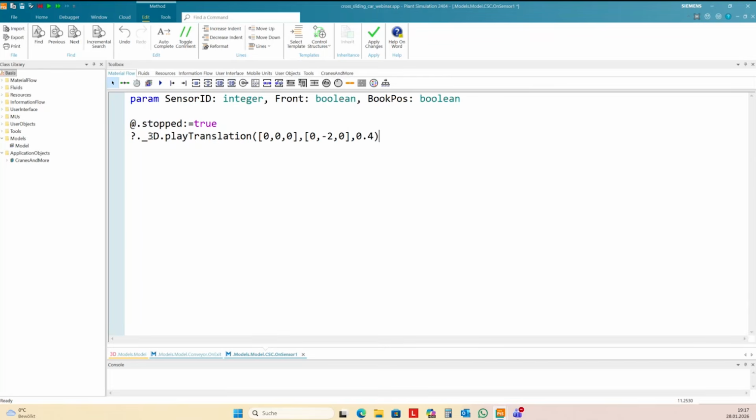And blade translation will return the time it needs to move the conveyor here by 2 meters with 0.4 meters per second. And I can use this return value to wait for this time. And this I can check.